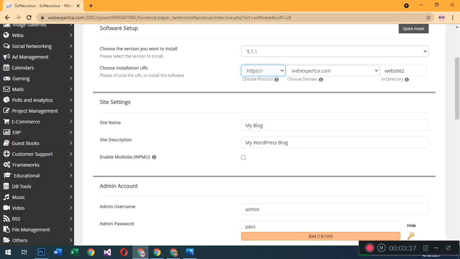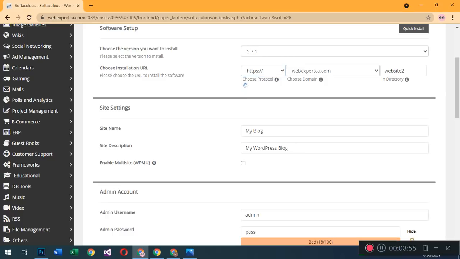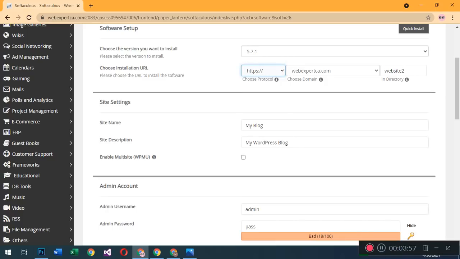If your installation gives you an error, then contact your hosting provider company. They will enable this protocol for you, because it is very secure and Google supports it much more than the HTTP protocol. You should select the HTTPS protocol for further security reasons.